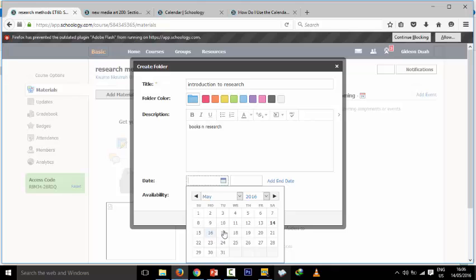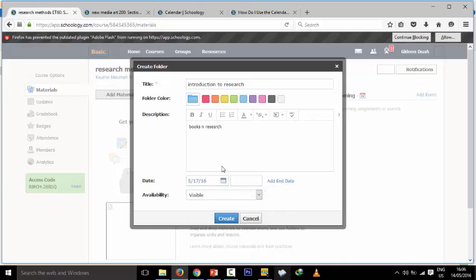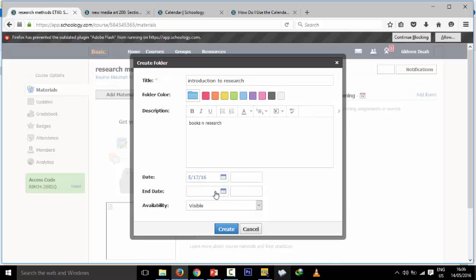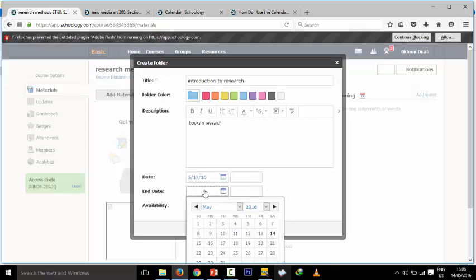So let's say I choose 17th of May, and until the 17th of May, no students can see the content of this folder. And you have the end date where the course would no more be on this platform when the due date has come. So let's say